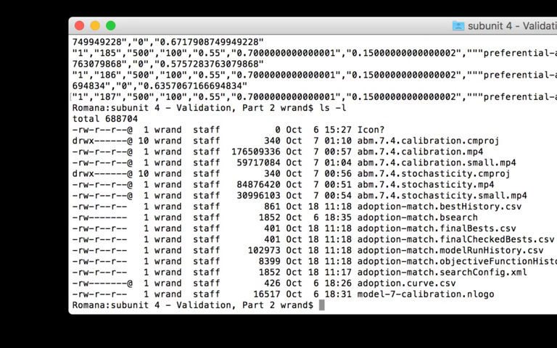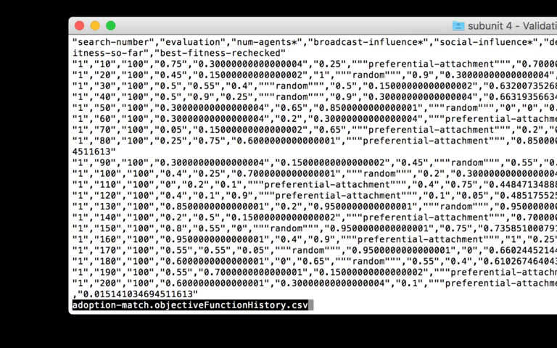And then there is also objective function history, which is smaller. If I remember correctly, it basically just gives you the objective function outputs, right? So in the model run history, we had every single time the model had ever been run. Here we're looking at, for each individual solution, what was the average of its model runs. So it's labeled evaluation 10, but it's actually giving you